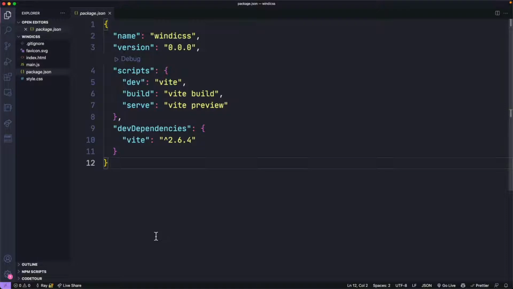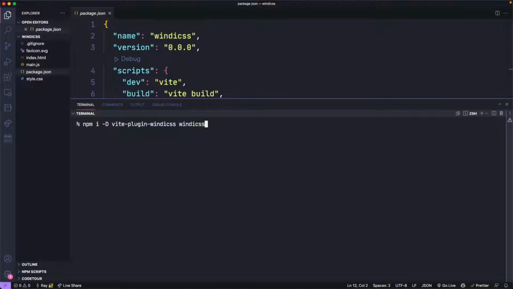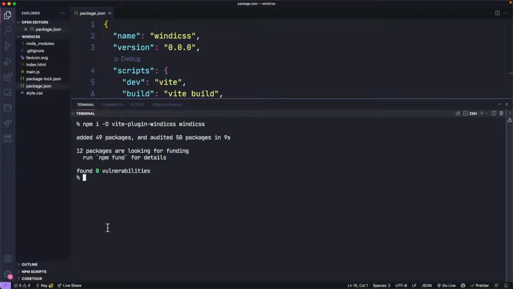All right, so let's go ahead and install the Vite plugin. So for that, I'm going to pull up the terminal in VS Code. And I'll run npm i -D vite-plugin-windicss. And I'll also install WindiCSS itself right here. We'll need to add a config file for Vite. Let's go ahead and add this new file right here called vite.config.js,